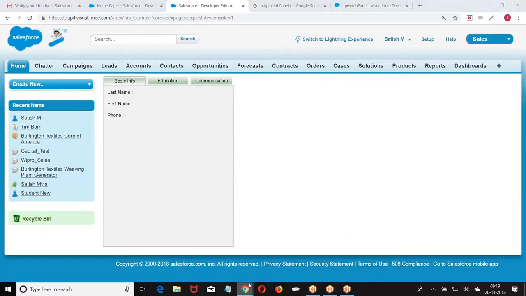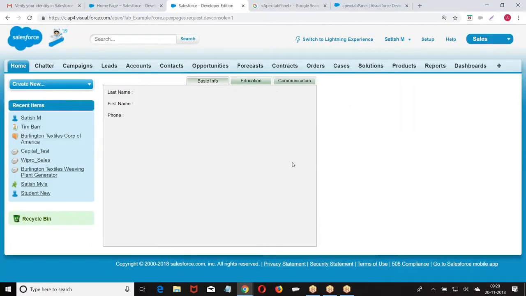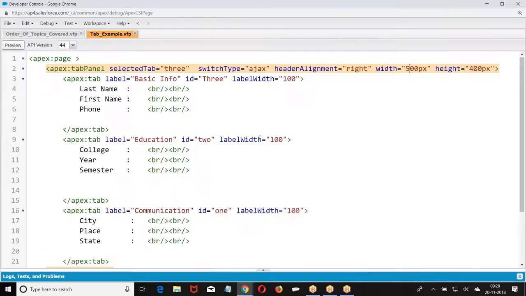You specify the style of this. Now the complete panel width and height. Do you get my point? Width, height, alignment, then we have switch type, selected tab, the rest